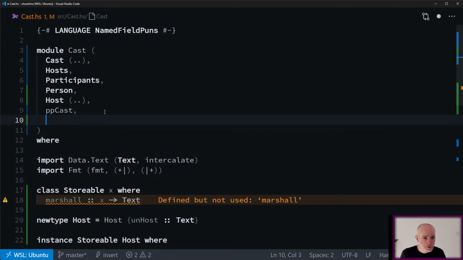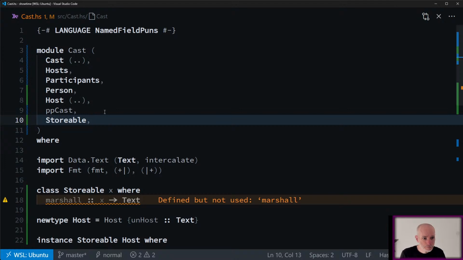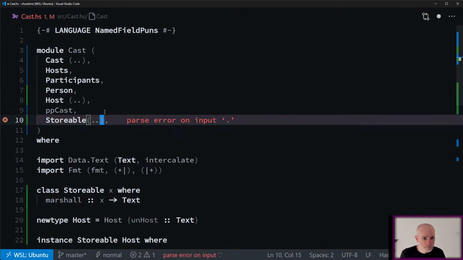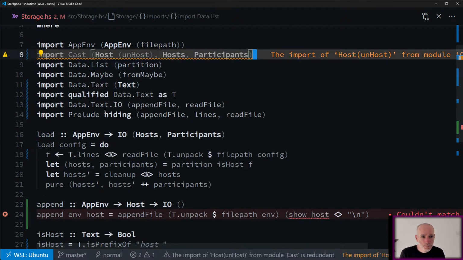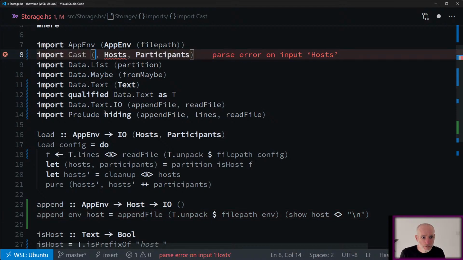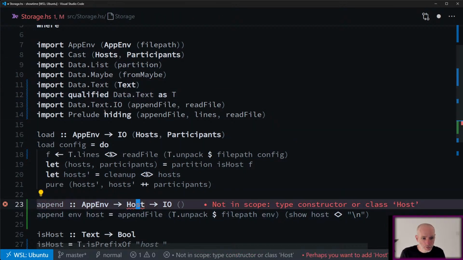Okay, so we'll export storable. Okay, so back in here, we'll get rid of host on host. We won't take a host anymore, and we'll just take a storable.